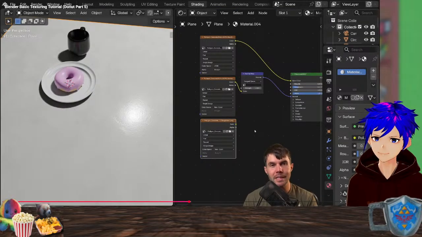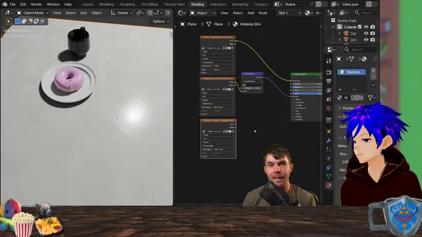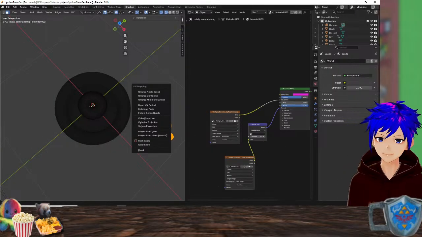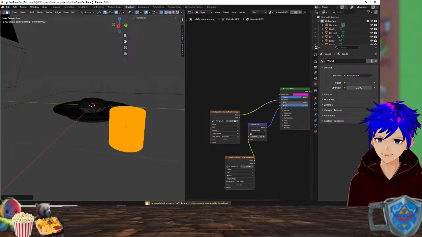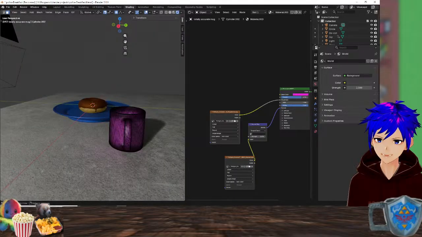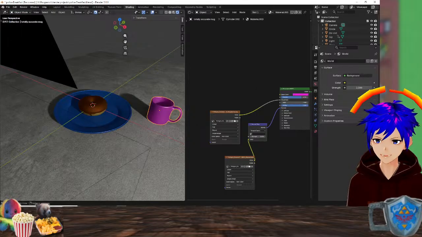Normal map and the roughness. So it's still angle based. Object mode.